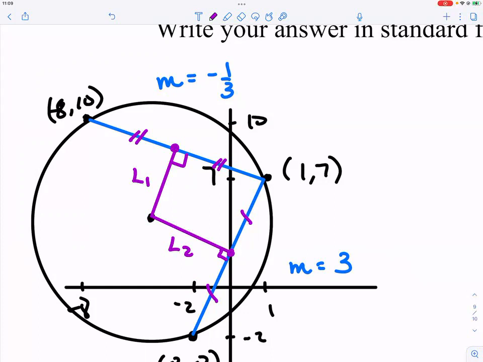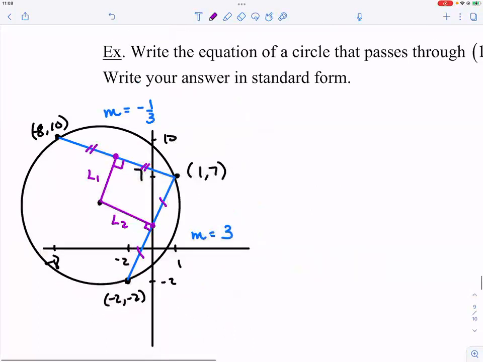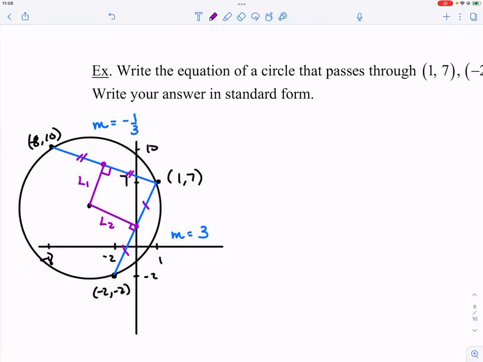Could we know this point, the midpoint on the blue line? We say, yeah, that's the midpoint. Just find the average, right? So if you have the point and you have the slope, what can we do? We can use the point slope form to find out the equation. And what we can then do is to find the intersection of these 2 equations. That's the center. So if you don't know that these 2 points are the endpoints of a diameter, that's your